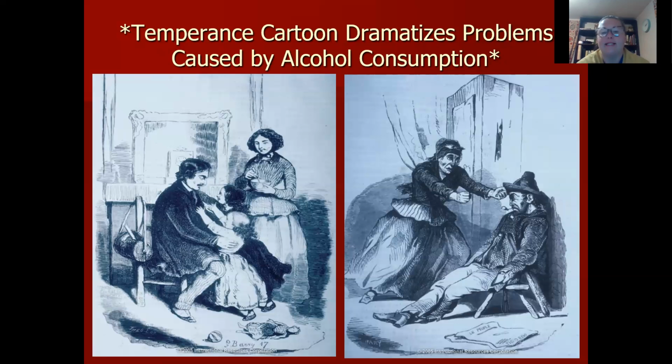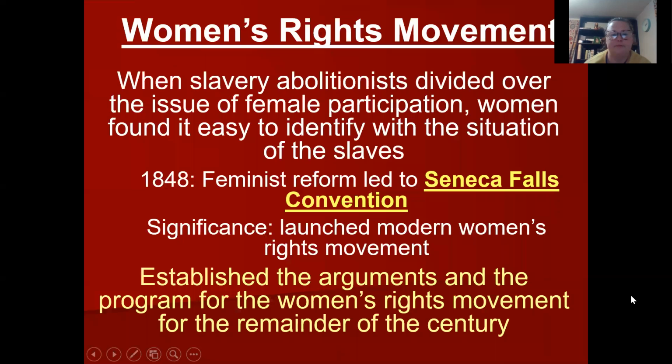And then we look on the right. So this man who's been drinking and he's smoking a pipe, he's asleep and drunk. You can see that there's a paper on the floor and the woman is desperate to get his attention. You can see that they're living in a little more squalor. You can see patches on her dress. You can see cracks in where they're living. Things are not in good condition.